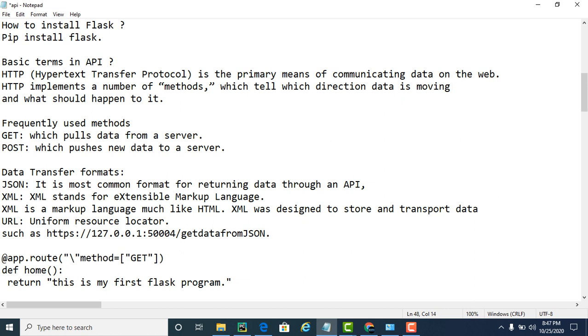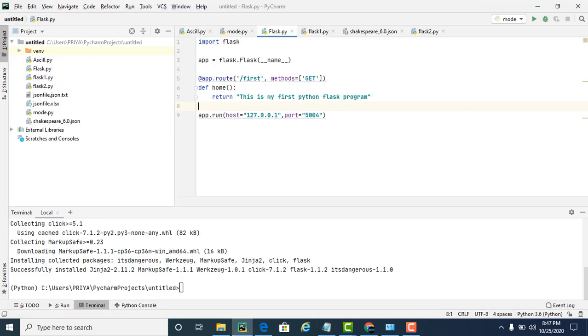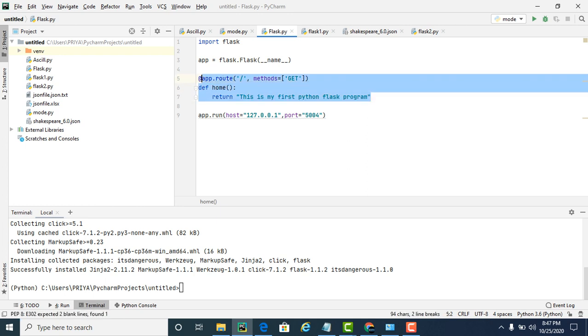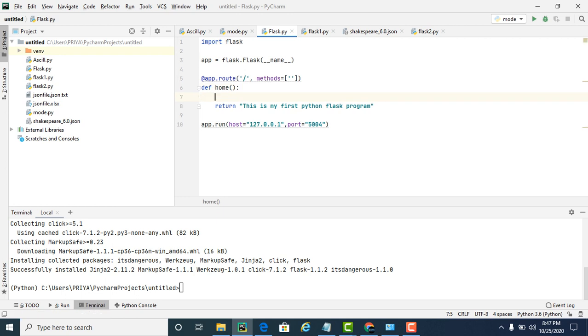Name or slash is also fine. I will explain the difference between slash and name. For the time being I go with slash. So I'm creating one endpoint URL with app.route. This is how we create the get or post methods. If it is a post method, we write post here and do a certain set of operations.